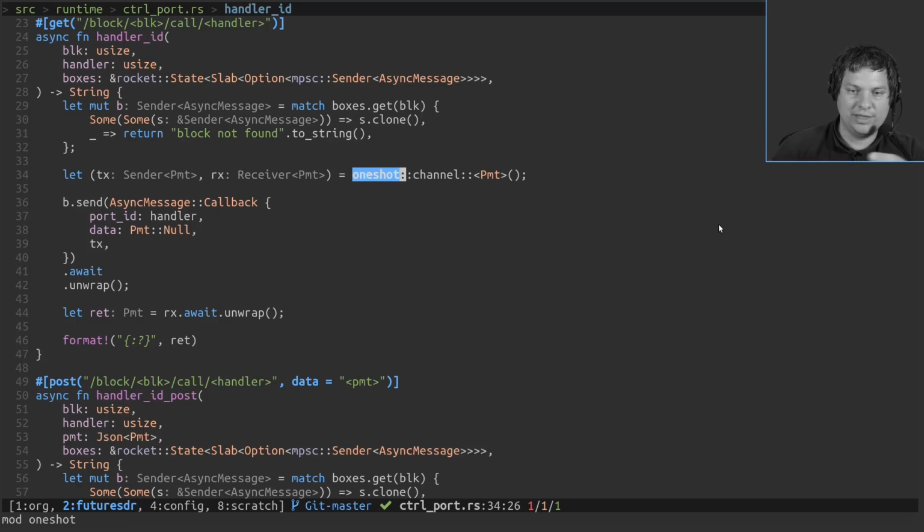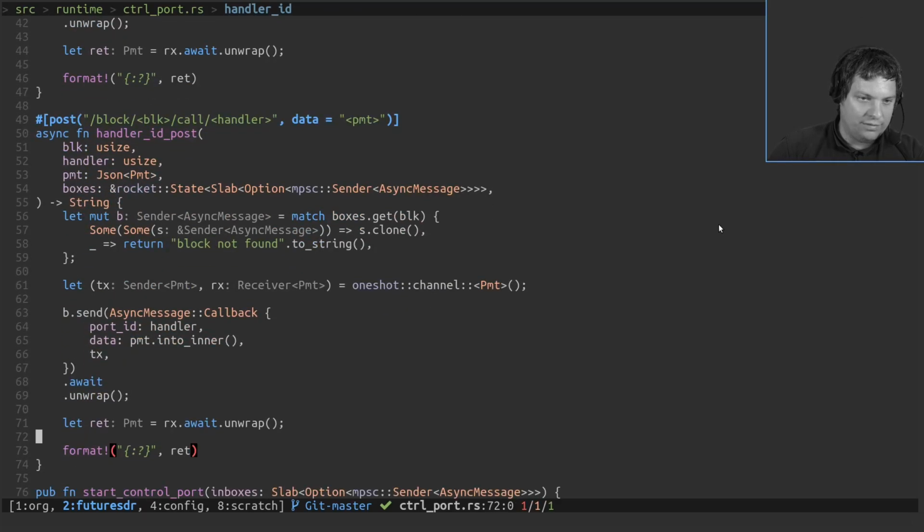In this case, it just creates a dummy PMT and calls the handler. And we have the very same thing with a POST request, which comes with some JSON serialized PMT. So a PMT that we serialized into JSON, and then it's creating a PMT out of it again, and then calling the handler on it.